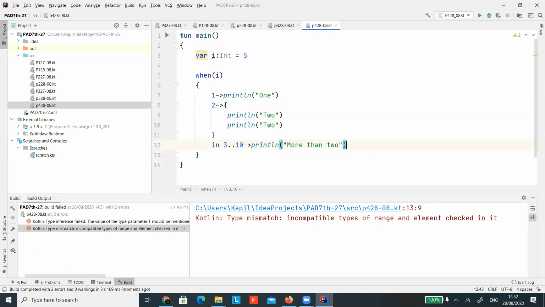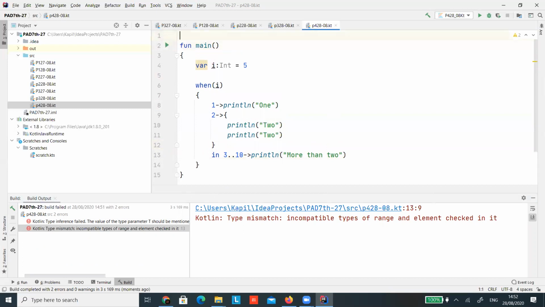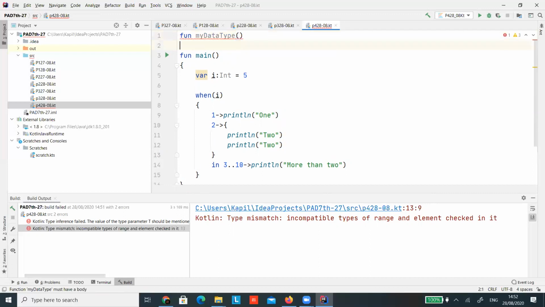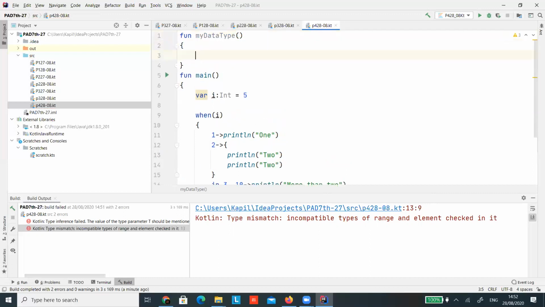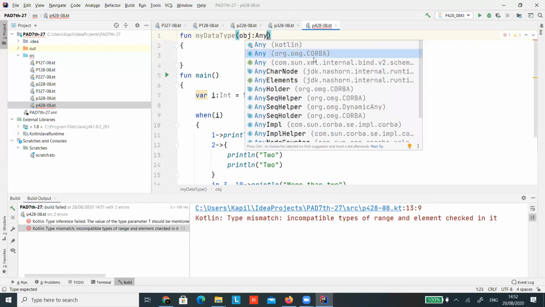Okay, but now the same thing you want to do with the functions. So you can do this, and that is not at all a big deal. You can simply make a function, my data type, and this function will take any kind of data.